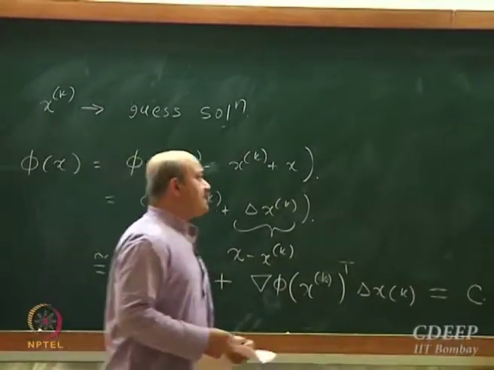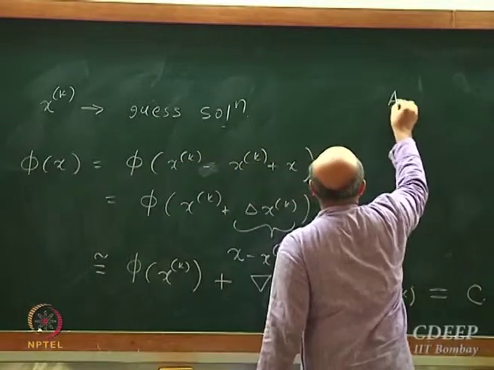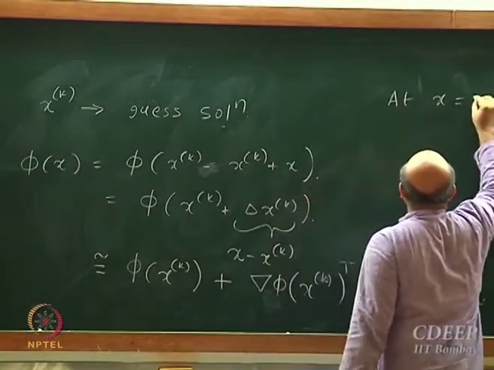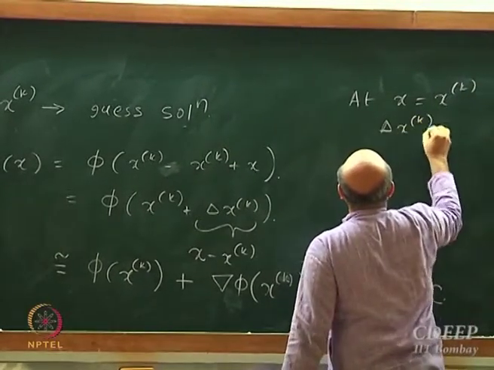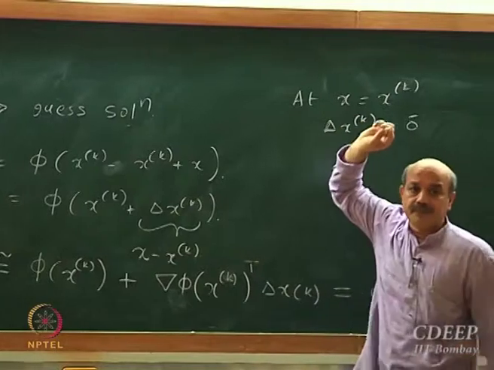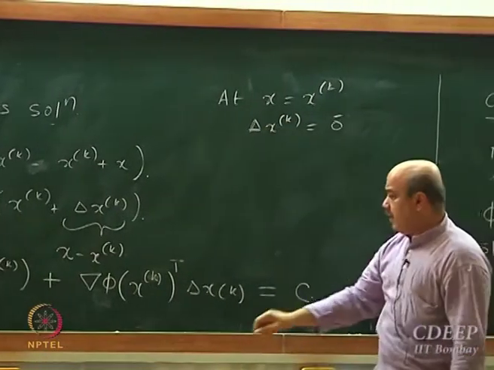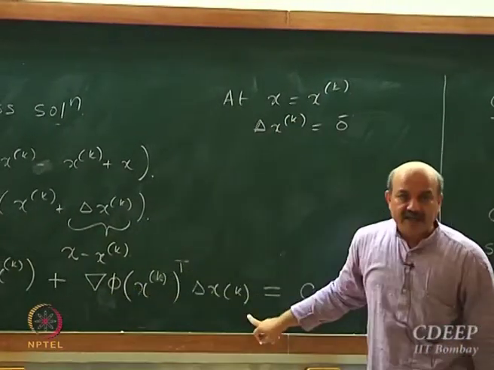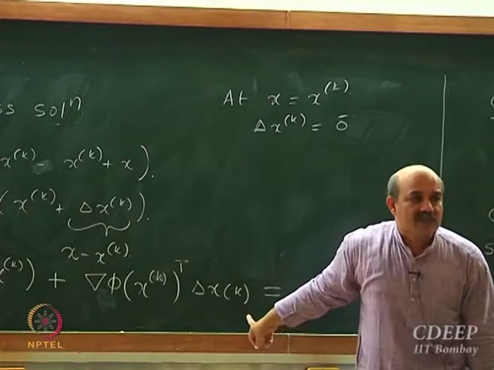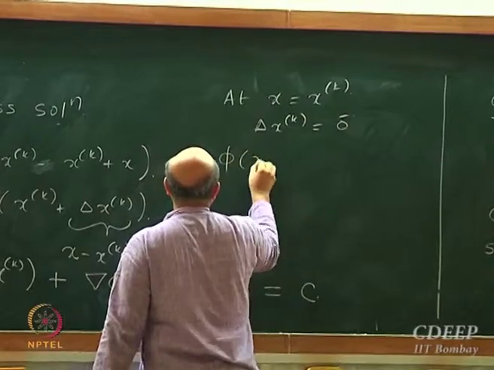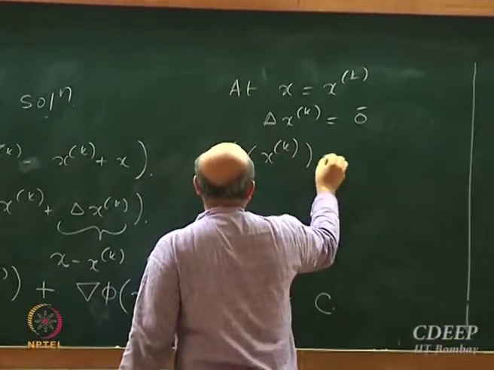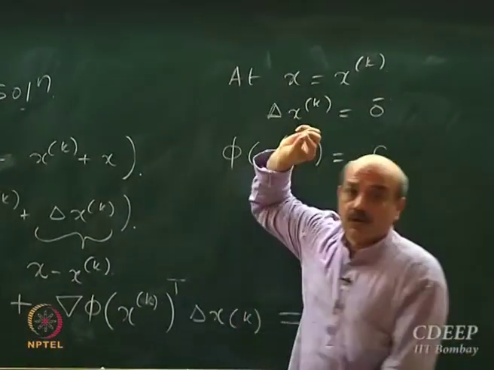What happens at x equal to xk? Delta xk is equal to 0. So which means at x equal to xk, if I am looking at a level surface, that means phi xk is equal to constant